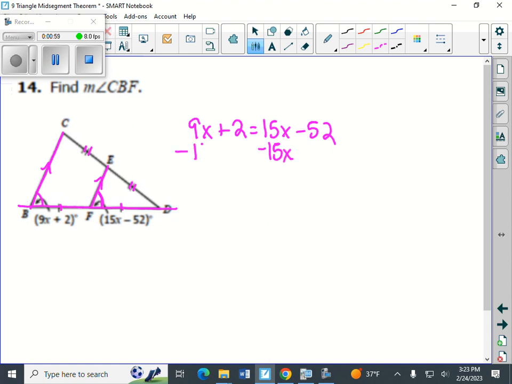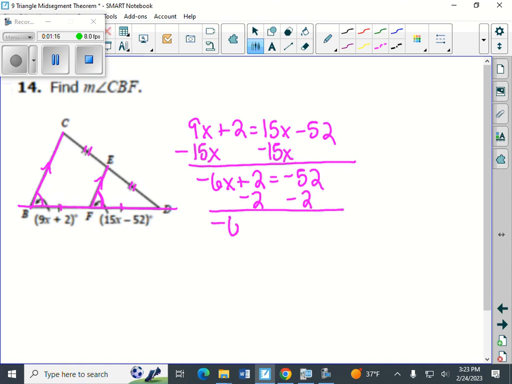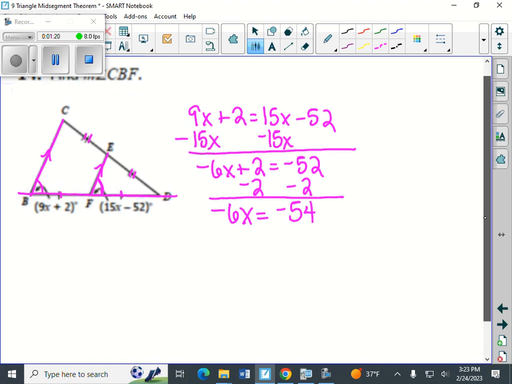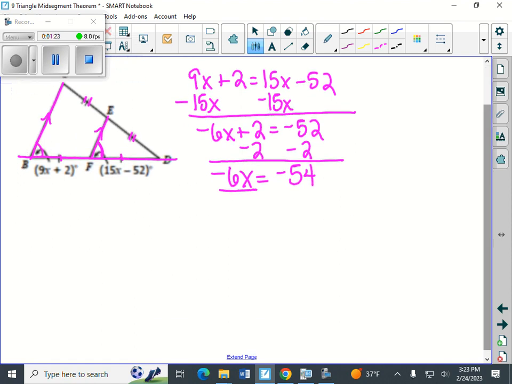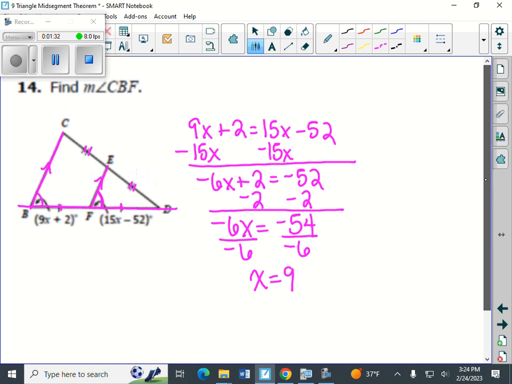I'll still move my letter to the left. But 9x minus 15x is negative 6x plus 2 equals negative 52. We can subtract 2 from both sides. We get negative 6x equals negative 54. And then divide both sides by negative 6. So x equals 9. But remember, and you can't see it here, we're finding the measure of angle